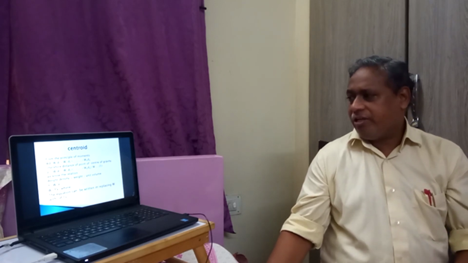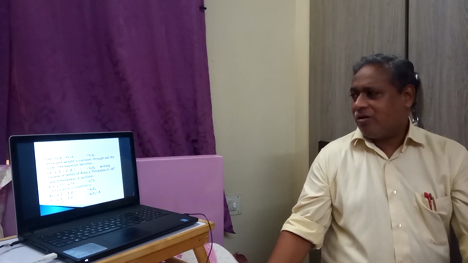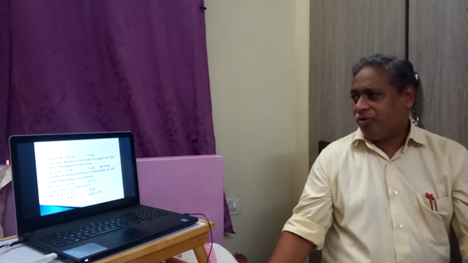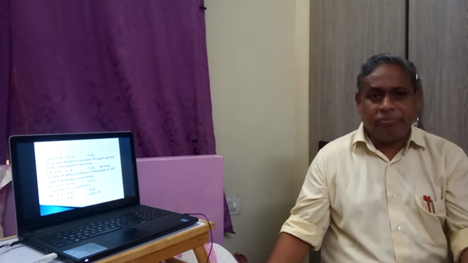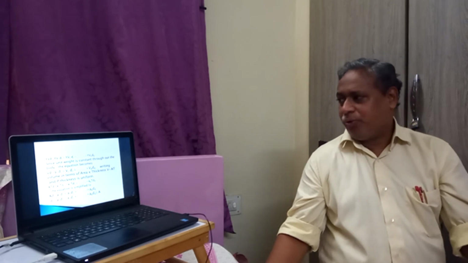So in this equation, if we substitute W with gamma V, that is density into volume, then we get M is equal to weight into D. Instead of weight into D, we are substituting gamma into V. So gamma V into D is equal to